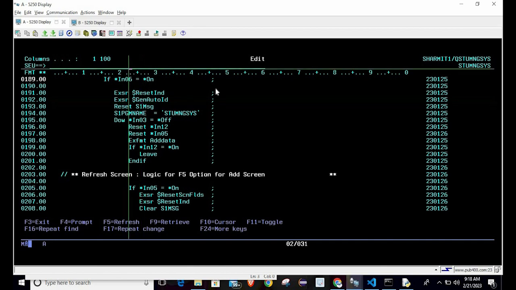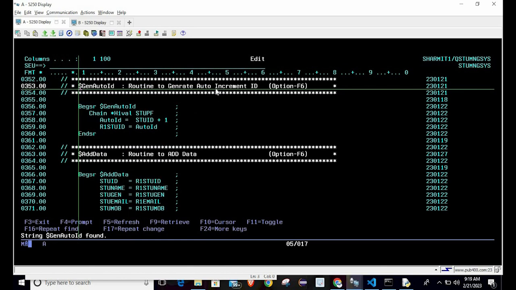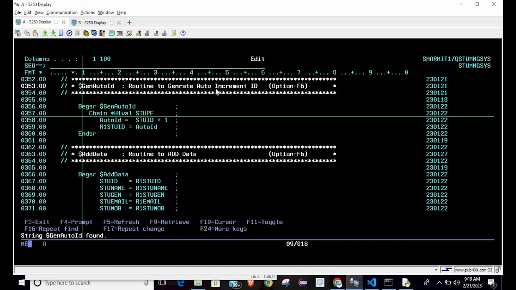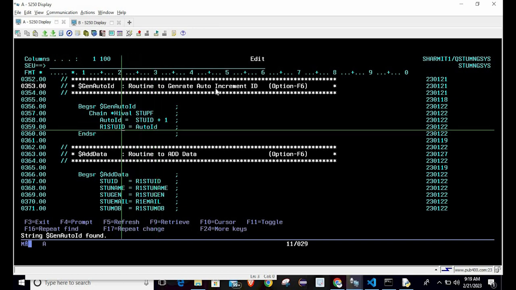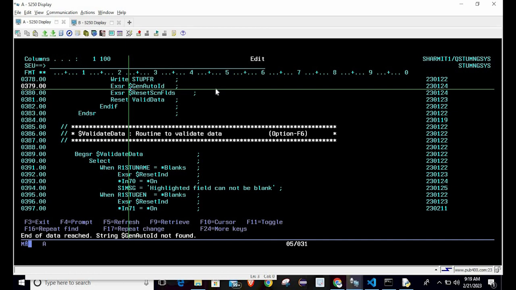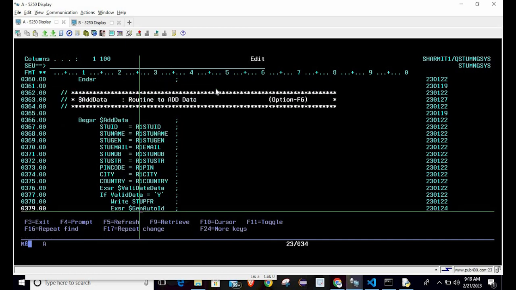So let me show you the routine. So this is the routine where we are doing the chain with the high value, which means the maximum value, and then we are incrementing it by 1 and then assigning it to the R1 STUID, which is the screen field. So once this is generated, now what we will do,